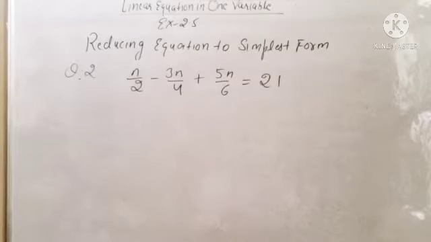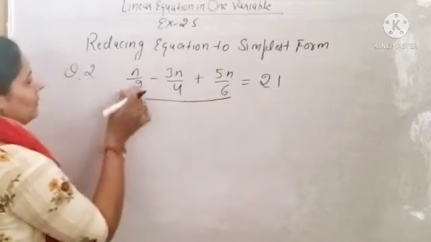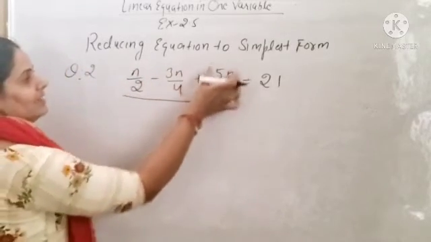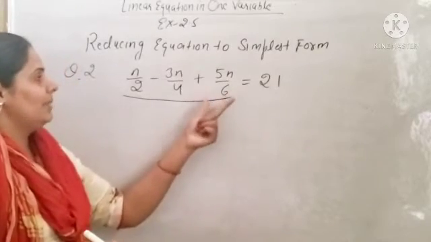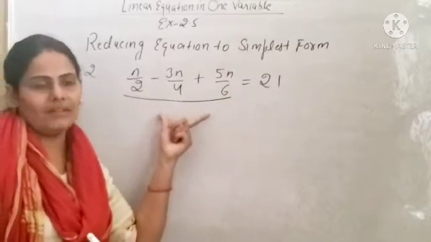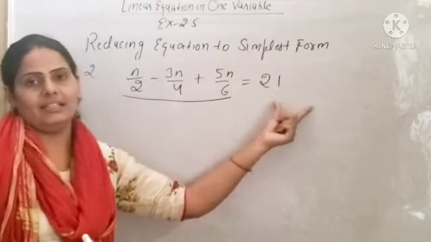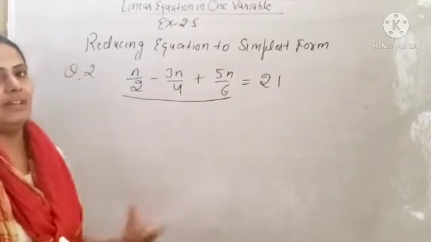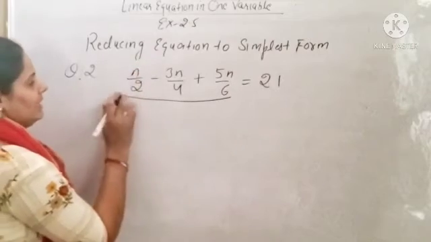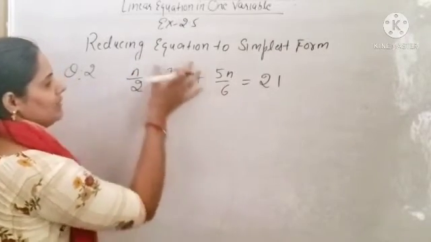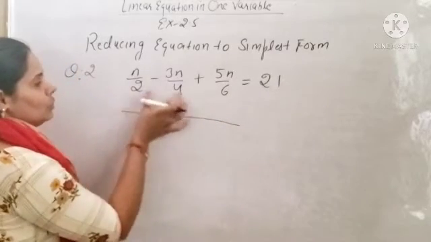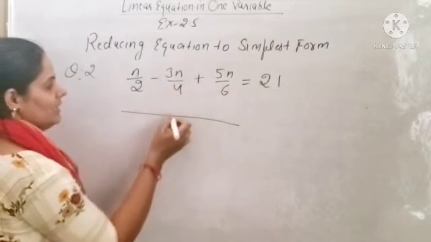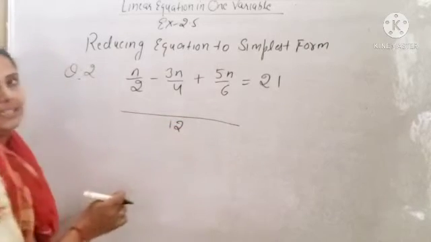So in this question, beta, you can see all the variable terms are already on one side. This is the variable n, and this one is also the variable n. So simply you can see all the variable terms are on one side and the constant value is on the other side. So it is already given. So simple, what will you do? On the left hand side the numerators are 2, 4 and 6, so the numerator upon denominator form is given. So simply take the LCM. 2, 4 and 6, what will be the LCM? You can say it will be 12. Clear? LCM will be 12.